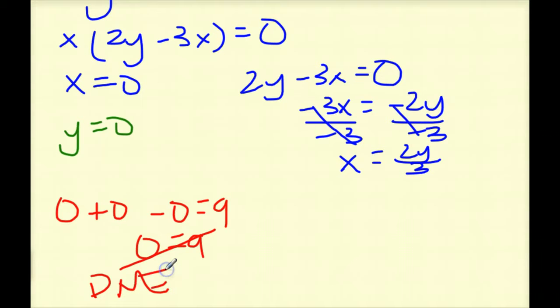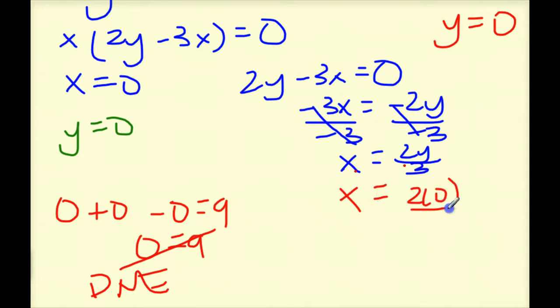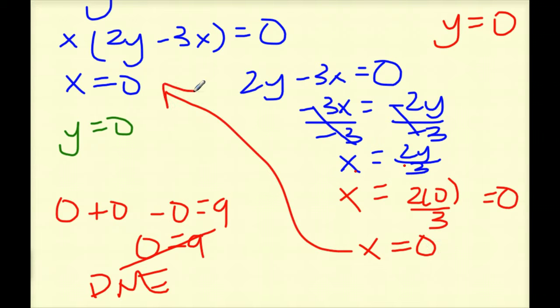This will not occur. Let's take a look here. Well, it says if x is equal to 2y over 3, and we are told y has to equal 0, doesn't that mean x is equal to 2 times 0 divided by 3, which is equal to 0? Wouldn't that give me the same exact problem as here? So to answer this question,